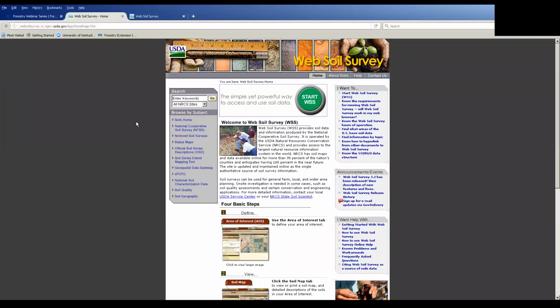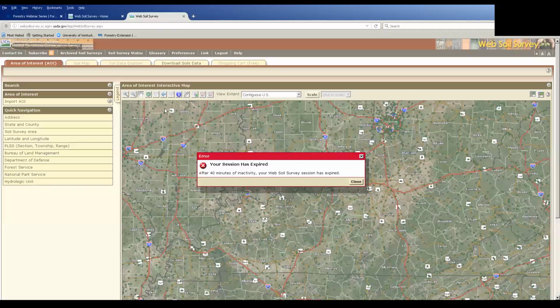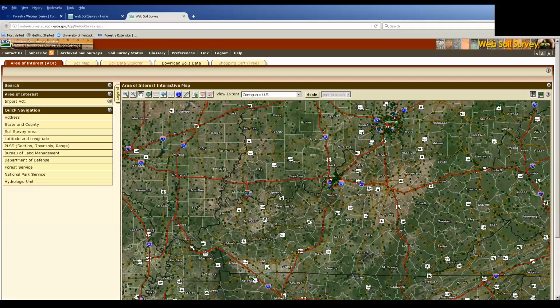If you go to any sort of internet search bar, Google, Yahoo, Bing, whatever, and search for Web Soil Survey, the first hit that comes up will be this website here. It's a website that's, again, managed by the NRCS, and it's the Web Soil Survey. You can click this green button that's up on your screen, and it'll bring you to another window. You'll start out at a full view of the United States,